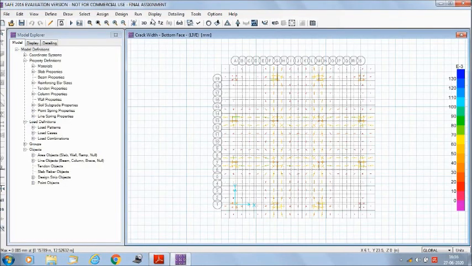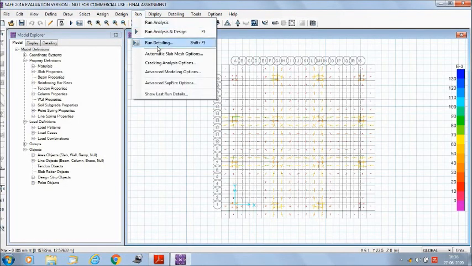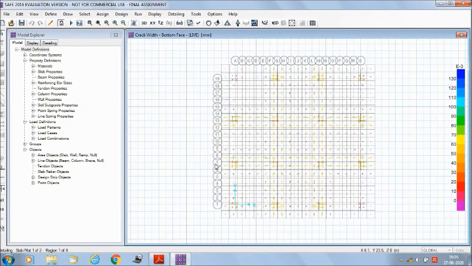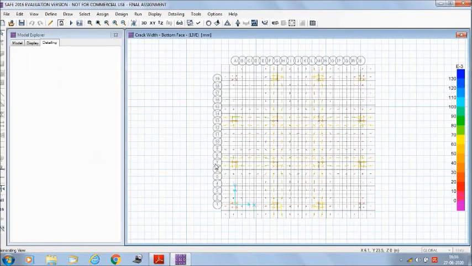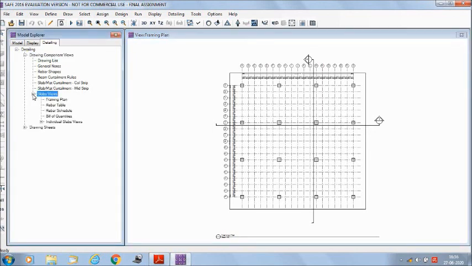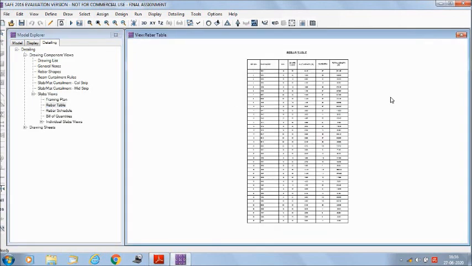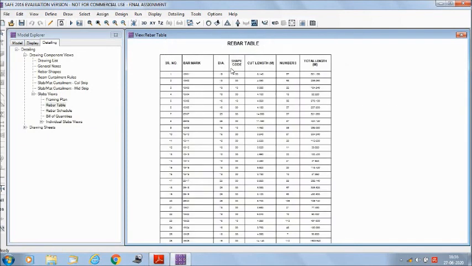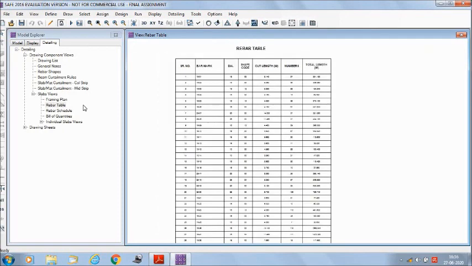Now we will go to run detailing. We have checked the 3 box, so okay. Now we will go to drawing components, then we will plus the slab views. In the rebar table, if we zoom in, we can see the lengths, cut lengths, etc. of each and every rebar material.